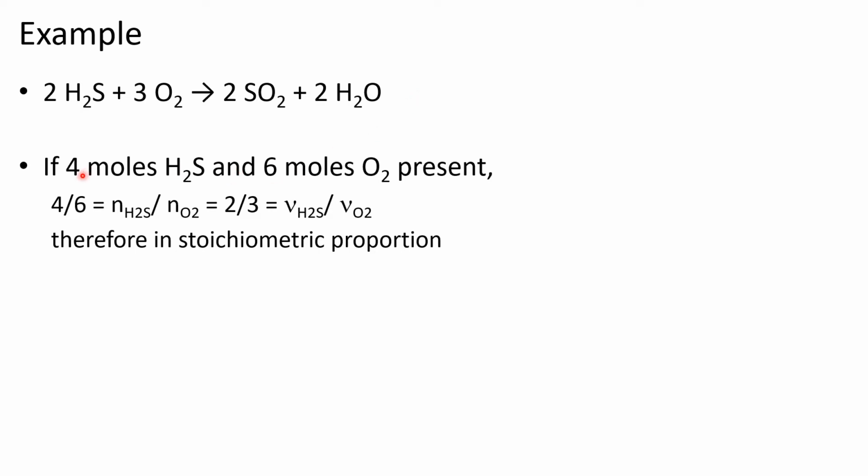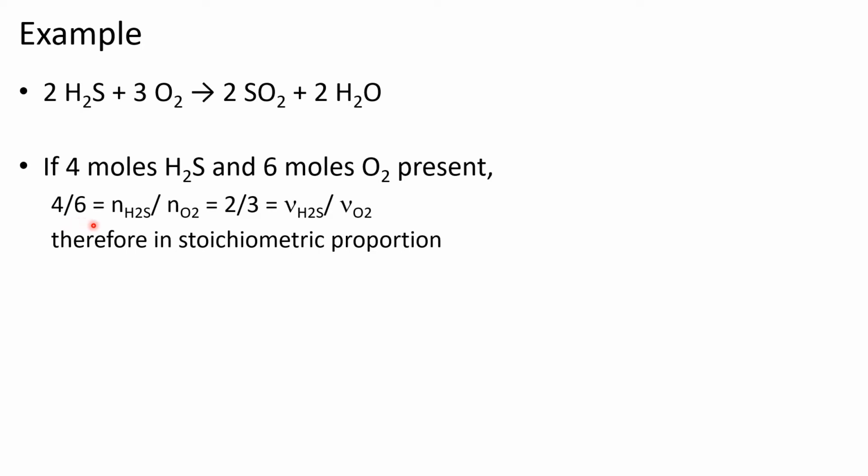So for instance, if 4 moles of hydrogen sulfide are present in a feed along with 6 moles of oxygen, are these 2 reactants in stoichiometric proportion, or which one is in excess, and which one is limiting? The way we can answer that question is to take the ratio of the number of moles in the feed. There's 4 moles of H2S, there's 6 moles of oxygen, so we'll take that ratio as 4 over 6, which